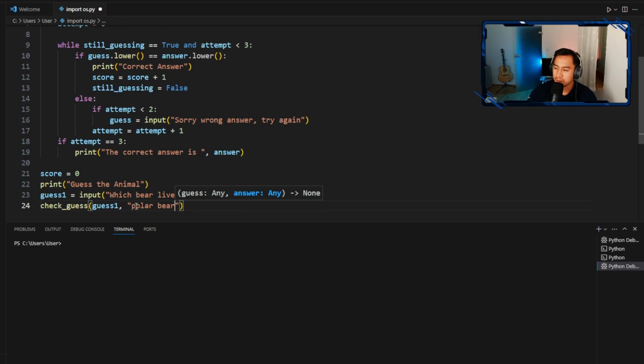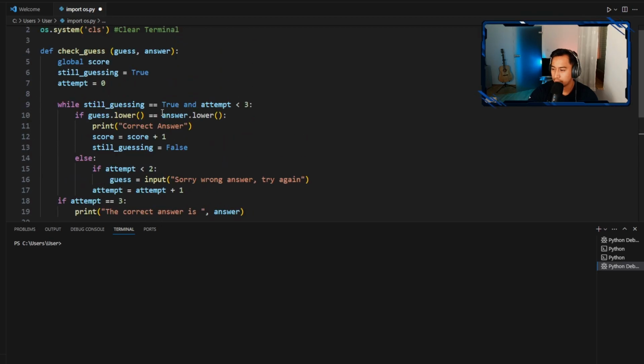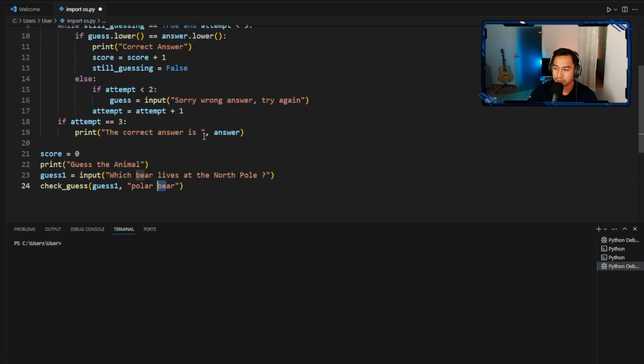Also one thing to keep in mind, it doesn't matter if you put capital or not capital here, because in the code we will convert that into lowercase, so I think it doesn't matter. And then yeah,